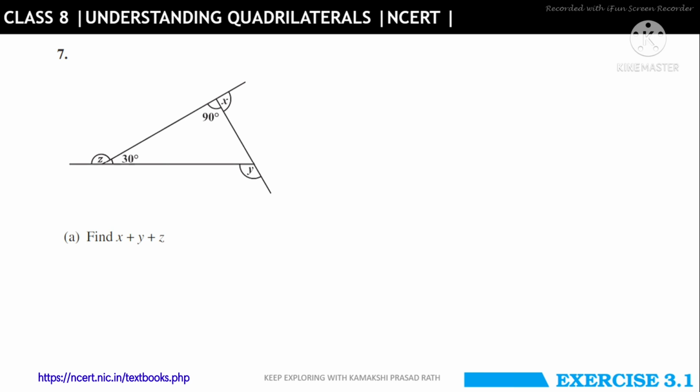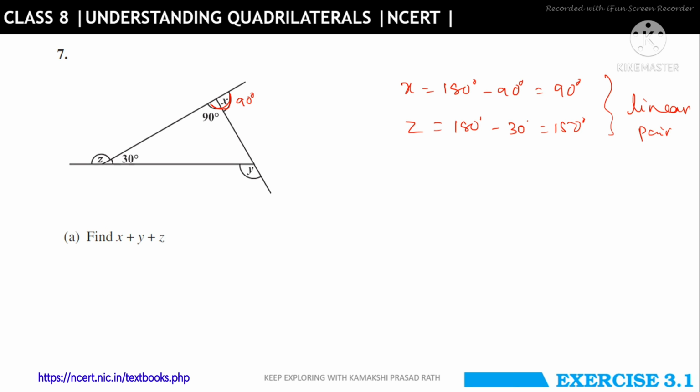We know that x, y and z, as you can see, are all exterior angles. Here they are lying outside. So if we know the interior, we can know the exterior. So let's find one by one. First let us find x. So here we can say x equals 180 degrees minus 90 degrees equals 90. As you can see here, these form a linear pair. So x is 90 degrees now. Next z. Z is the same thing. 180 minus 30 gives you 150 degrees. These are all linear pairs. So we get this using the linear pair property.